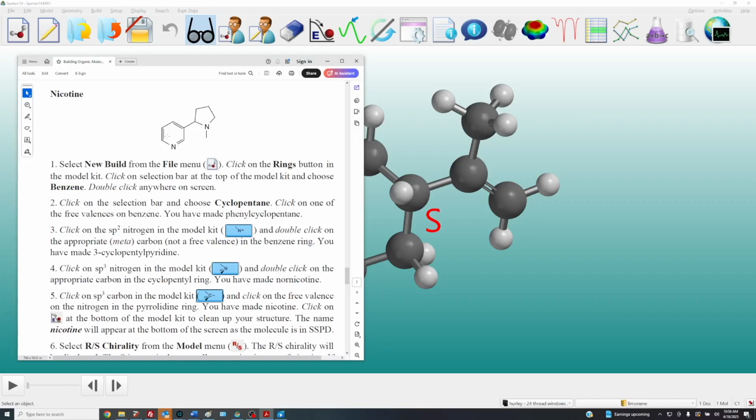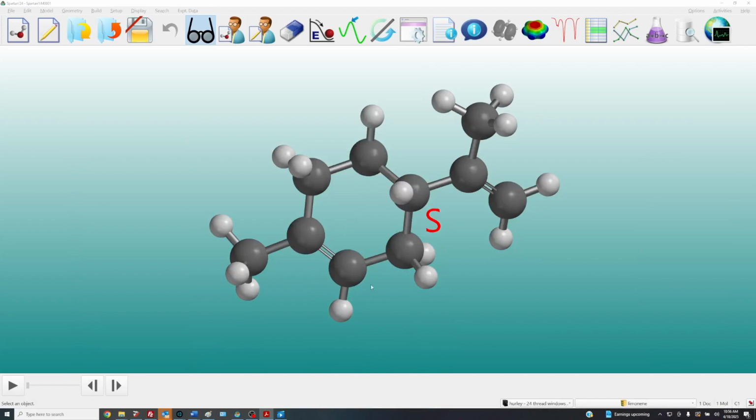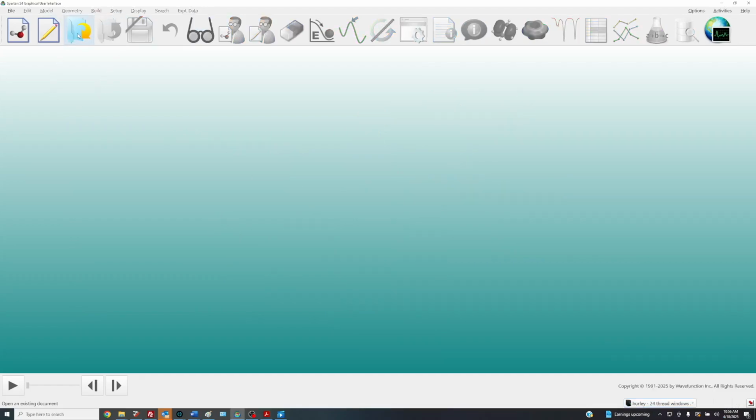Okay, so we'll start out with benzene, and we'll do a substitution. This is pretty straightforward to build, but there is chirality in the system as well. So we'll take a look at that. Okay, so move this off to the side, and again we'll close out limonene, and let's build